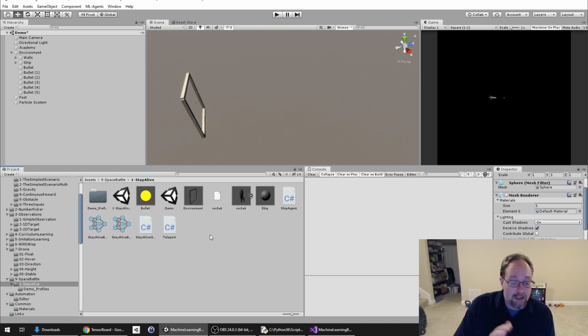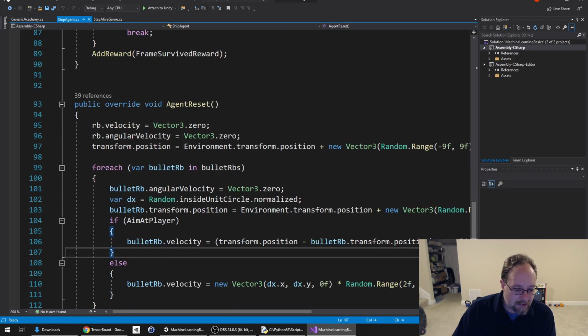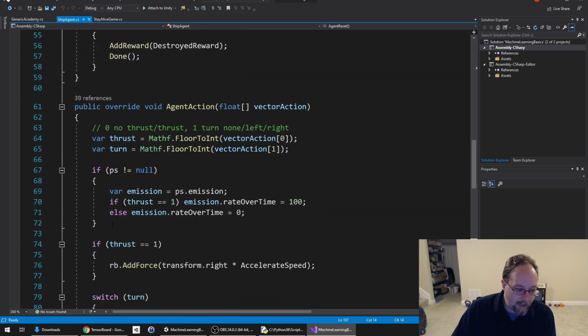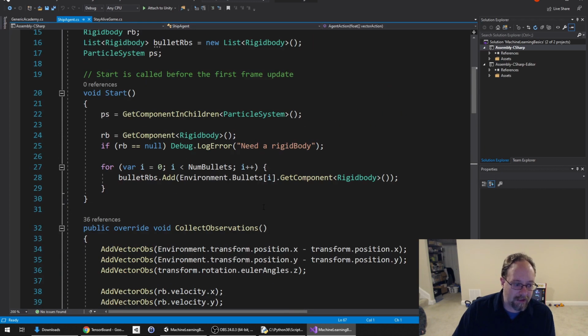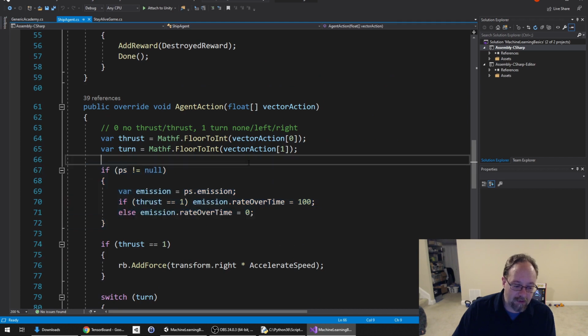Anything else? Oh, so next steps. I want to improve the game. I'm going to do some iterations. The other thing that I'm going to do, and I'm going to do this a little more consistently, I think, is I don't love the code in here where I'm checking to see if I have a particle system or not, then I take an action, right? I feel like this is cluttering up the agent code. So one of the things I'm going to do on the next iteration of this is to take that